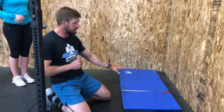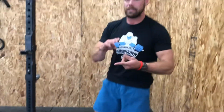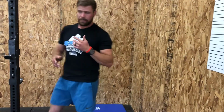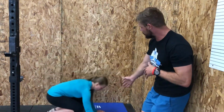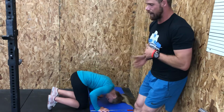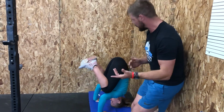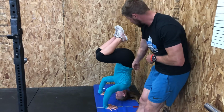Okay, so once you have step one down, which is that tripod, the 50-50 balance and the back positioning, now we can start to develop into the kip and the extension portion. So what we're looking for here is the development off the tripod. On the tripod, why don't you come demo this? On the tripod, okay, we're gonna keep her at a horizontal level. So she's gonna come to her tripod, she's gonna use the ground as her target point. So on the kip, basically the extension of the legs, she's gonna kick to that floor in front of her as fast as she can, and then extend, go ahead,